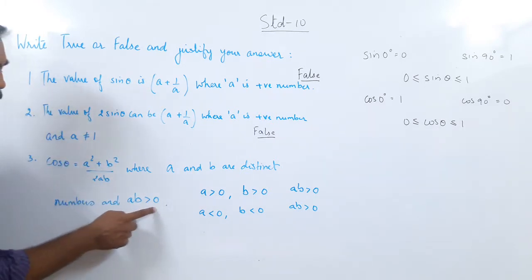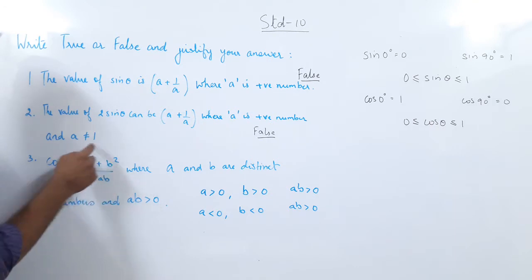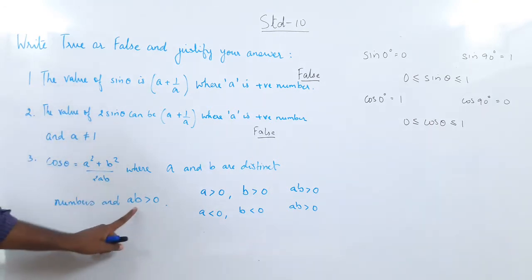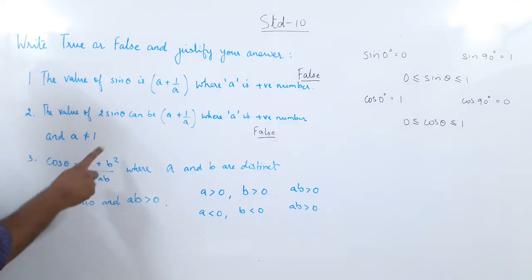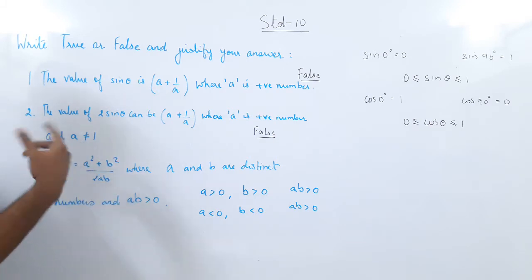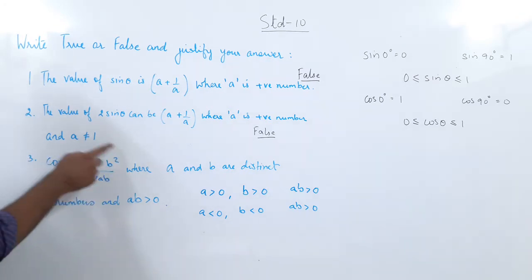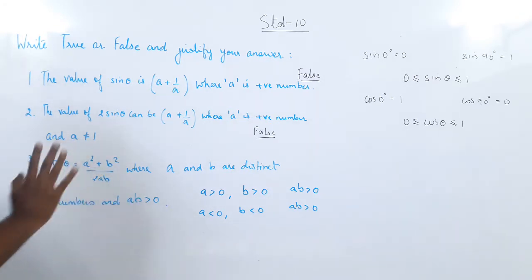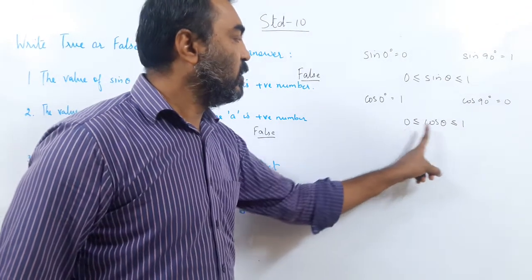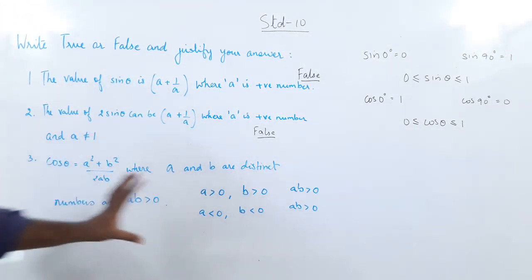And they have given ab is also positive, so 2 into positive is positive. So the numerator is positive and the denominator is also positive. So cos theta will always have a positive value because of this condition. Are you following? A square positive, b square positive, given ab positive. So positive plus positive, numerator is positive, ab is positive, so denominator is positive. So cos theta will have a positive value only, means greater than 0. So the first condition is satisfied, that cos theta is greater than 0. This condition is satisfied when we look at this.